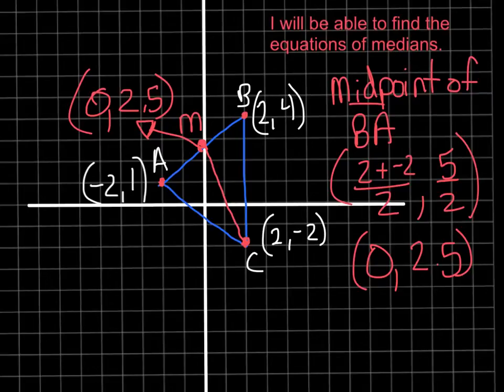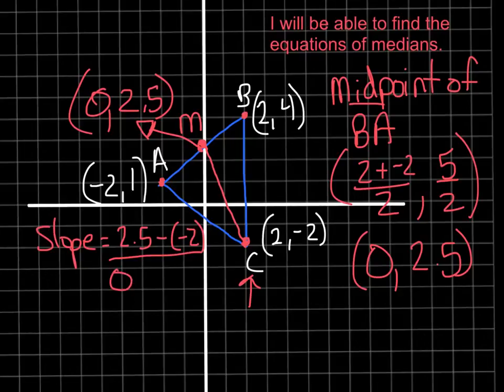And so now that I have that point and the point C, I can find the slope, finding change in y over the change in x. Oh, I'm going to confuse us if I use M again, aren't I? I'm using M for the midpoint, so I'll spell out slope. So slope is change in y, or 2.5 minus -2, over 0 minus 2. Yeah, because I'm using the point C. I had to think for a moment. So that's